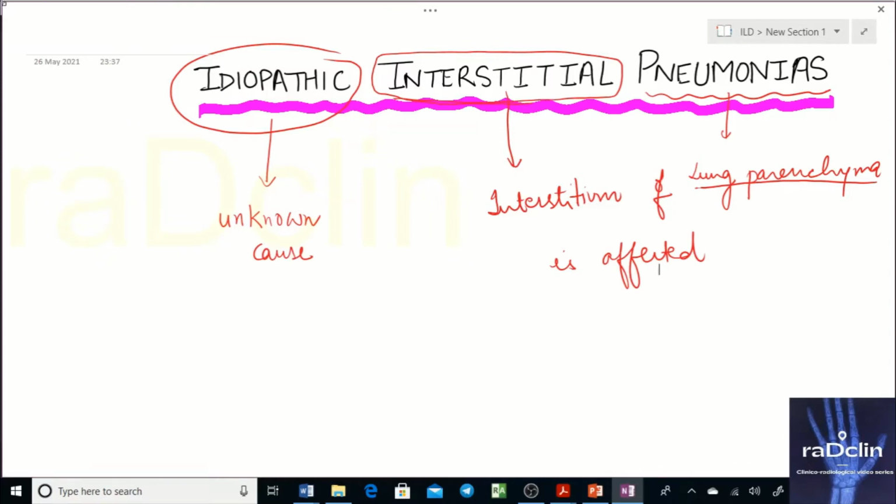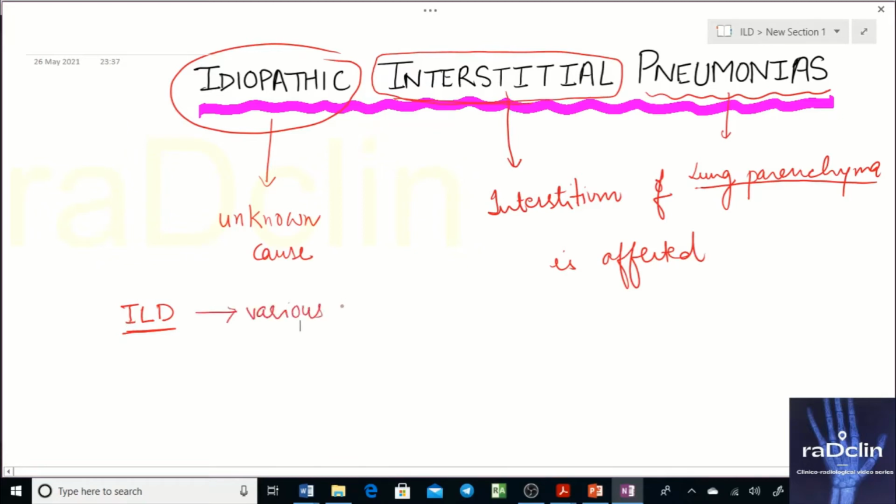Now an important point to be discussed is that we'll be having so many idiopathic interstitial pneumonias. We'll be discussing the classification in detail, and the categories they are put into. But what is more important is why they are labeled as idiopathic. Do they really have an unknown cause, or do they actually have one? When I use the term ILD, interstitial lung disease, I simply mean that there's a disease that affects the interstitium of the lung. Now it can have